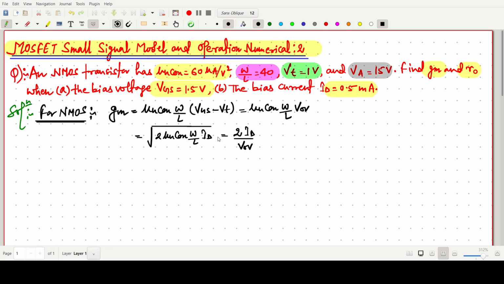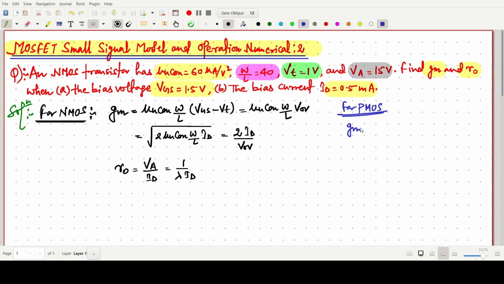This is for the transconductance, and for the r0, the finite output resistance is simply VA by ID, that you have to remember, and it is simply 1 by lambda ID. So these are some formulas that we have to know. For PMOS, I am also highlighting,